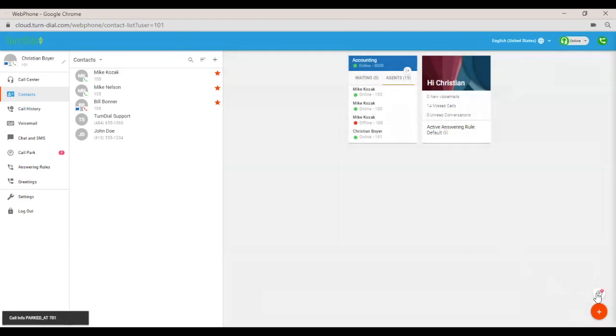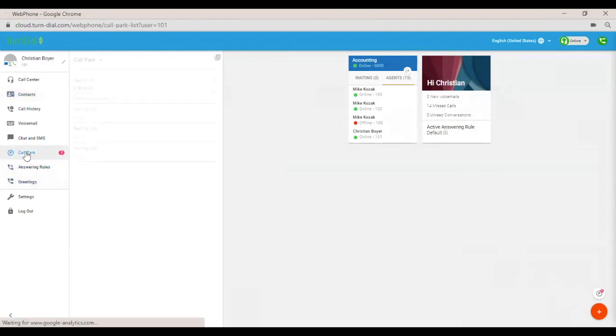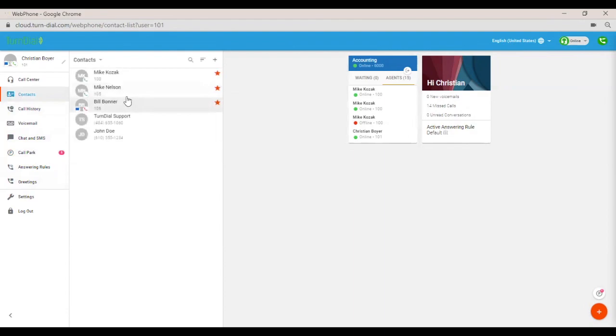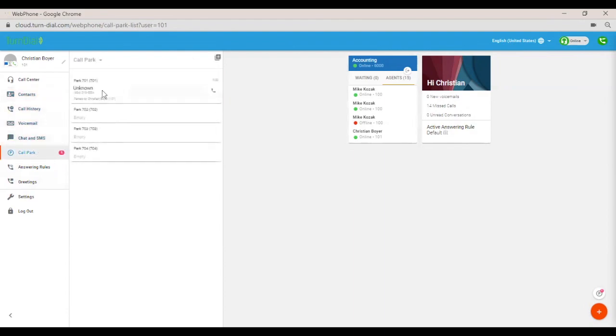Okay, and now you can see down here on my park grid and over here on my park grid, there's one parked call. So if I click on it, it shows me the caller ID number and who parked that call. So it shows that it was parked by Christian Boyer. Okay, so I could call somebody, I could go to my contacts, I could call Bill or Mike and call them and say, hey, you have somebody on park 701,